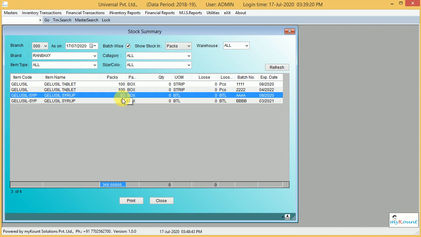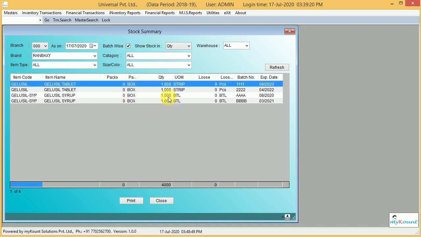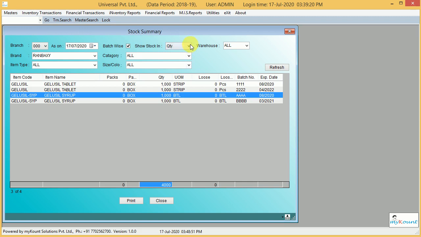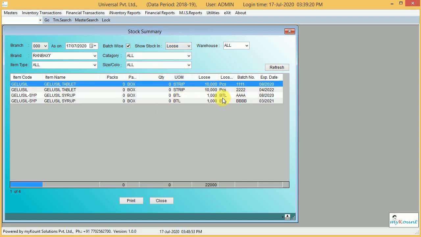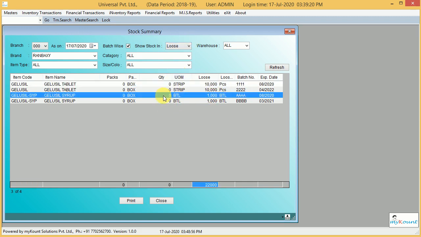On selection of 0.000, the decimals will appear, because I had not selected decimals. So here it is showing 83. The actual real value is 83.333. So now when I convert it into quantity, it comes as 1000. When I convert it into loose, it is the same 1000, because this quantity and this quantity are the same size.